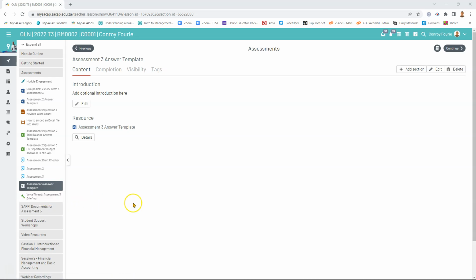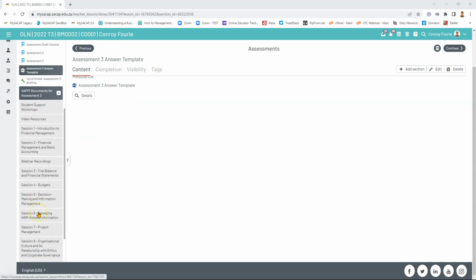So work through that voice thread. And in that voice thread, please make comments and ask questions, which as I said, I will come back to you on. And then what I just want to emphasize from what is in that voice thread is that the module outline gives you links to the various SAPI documents that you will use, for example, the last question in assessment 3.